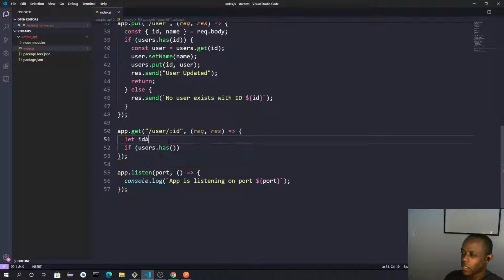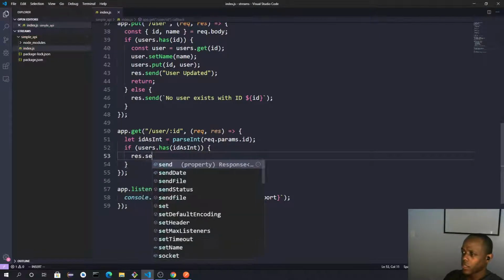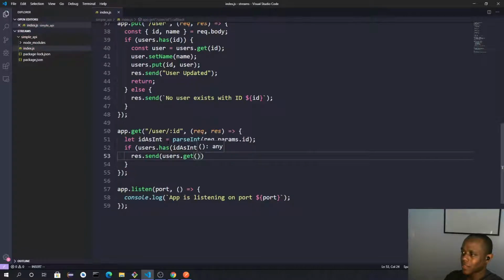Let ID as int is equal to parseInt, like that, and then we're going to say res.send users.get ID as int, like that, and then otherwise else